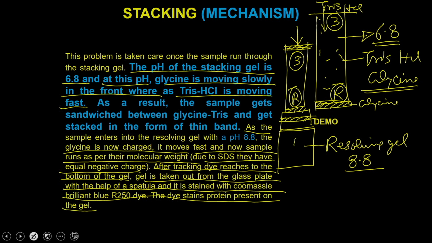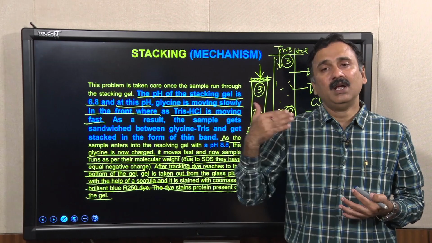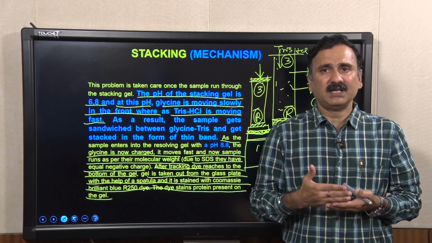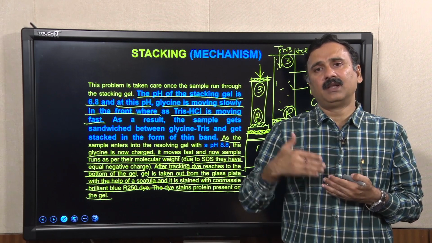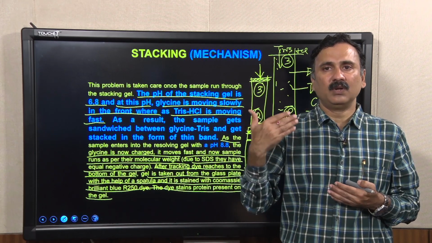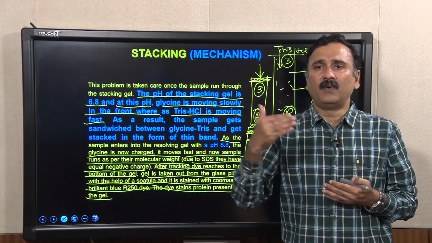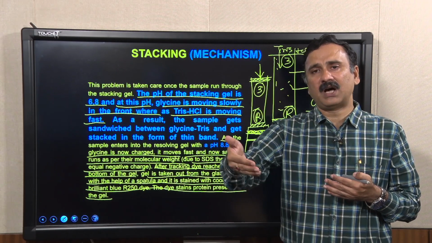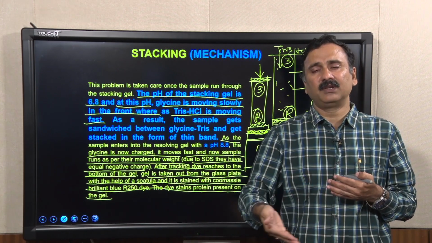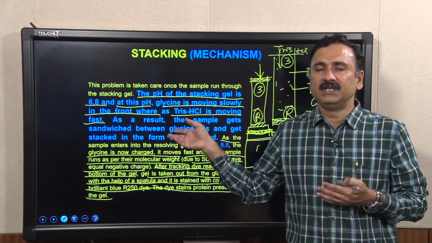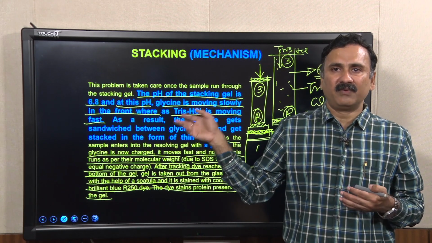As soon as the samples enter the resolving gel, the blockage of the glycine is removed, and as a result the molecules are resolved based on molecular weight. The higher molecular weight proteins run slower and the smaller molecular weight proteins run faster. Because you want to know how far the molecules have traveled into the resolving gel, you also use a tracking dye, bromophenol blue.